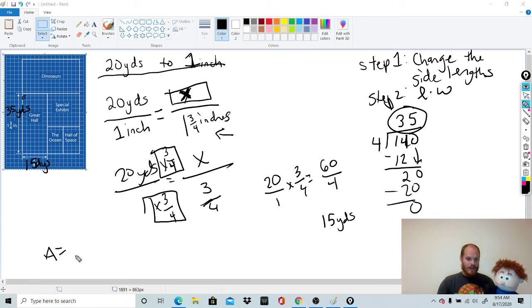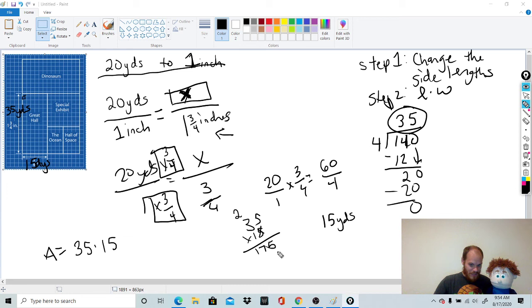So now I'm going to do 35 times 15, which most of you, I think, can do. But we'll do just in case. 5 times 5 is 25. Carry my 2. 5 times 3 is 15. Plus 2 is 17. Now I'm moving from the ones place, Tommy, into the tens place. So I need to put a placeholder 0. Yeah. So 1 times 5 is 5. 1 times 3 is 3. To add those together, and I'm going to get